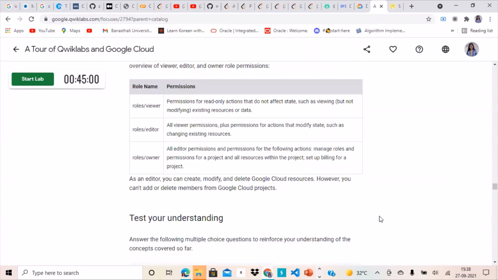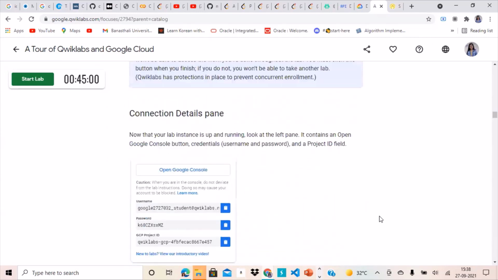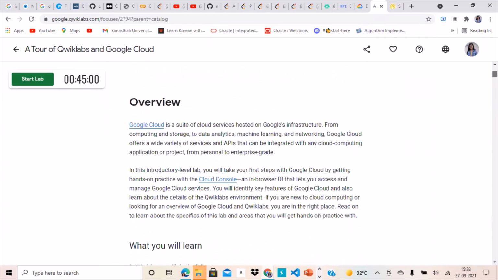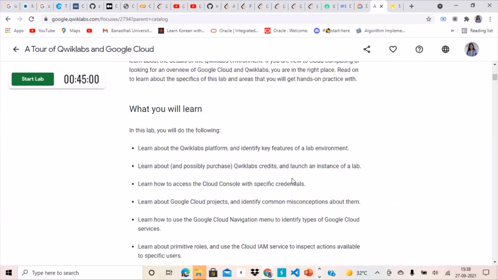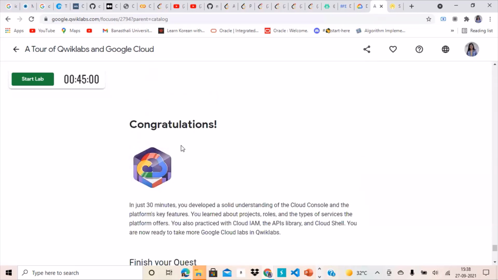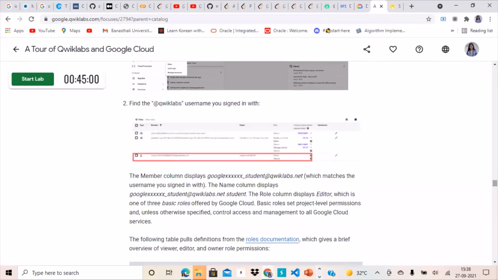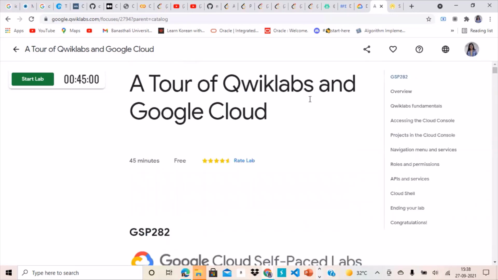We did solve all the MCQs and we performed all the hands-on operations that were listed in this documentation. So this completes our first lab, a tour of Qwiklabs and Google Cloud. You have now earned this badge. This is a great start to your 30 days of Google Cloud program. Now that you know how to start a lab, how to run different commands, and how to go step by step through the documentation, you can start doing multiple different labs in this track, or the track that you have chosen.